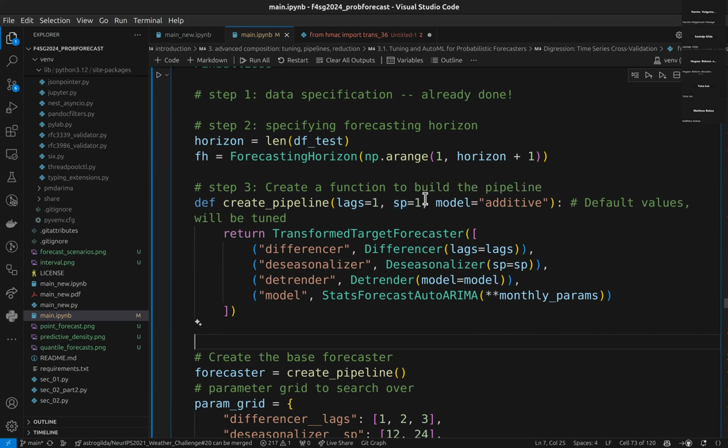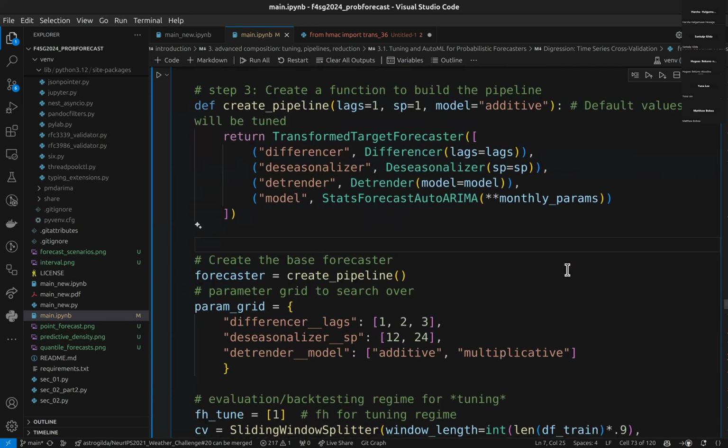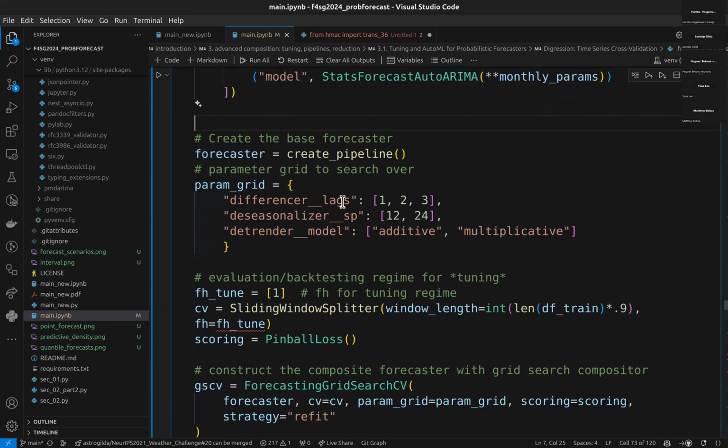Seasonality, I put in a seasonality of 12. I was like, okay, I'm just going to let that be a free parameter as well. And the model type can be additive or multiplicative; by default it was additive. But since we're doing HPO for the sake of exposition, I've let that be a parameter in the grid also. As you can see here, I give 2 seasons, I give 3 differences, and 2 types of